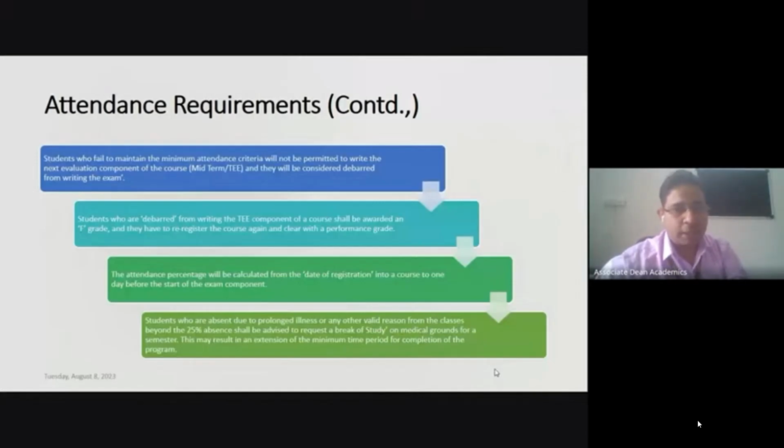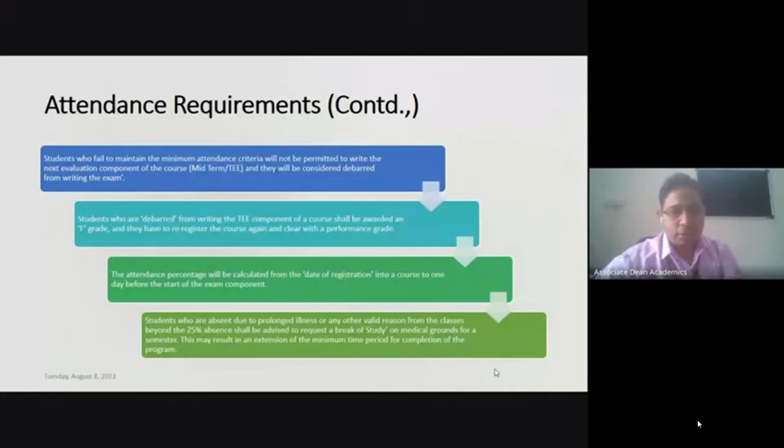Supplementary examination is only allowed for those students who appeared in the term end examination but failed. But students debarred from the term end examination due to attendance issues will not be allowed even the supplementary examination, and they have only one choice: they have to re-register the course.